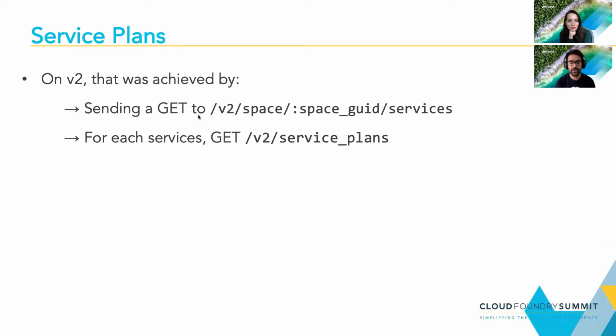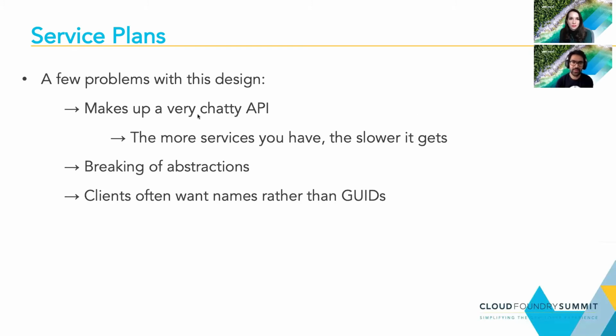On V2, it's achieved by sending a GET request to the space services endpoint, which is an endpoint that was created basically for this marketplace command. And for each one of the services, we send a GET request to get the service plans. While in theory, it doesn't look that bad,